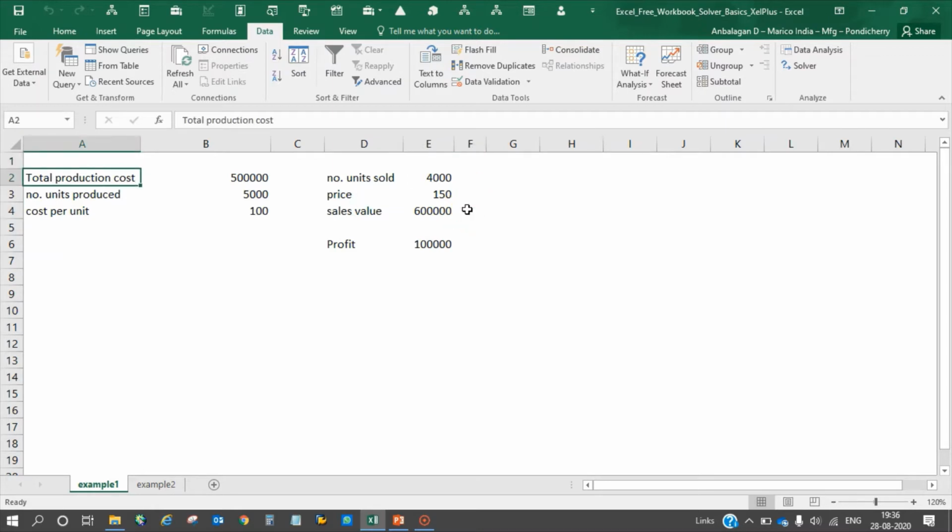In this example, we have total production cost, number of units produced, cost per unit, number of units sold, price, and sales value, and we want to get a profit of 1 lakh. Before going to the solver function, I will explain the goal seek. Goal seek is basically the earlier version of the solver tool. Goal seek is restricted to one single input